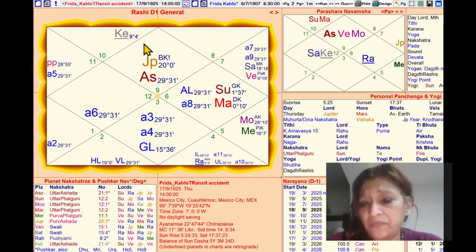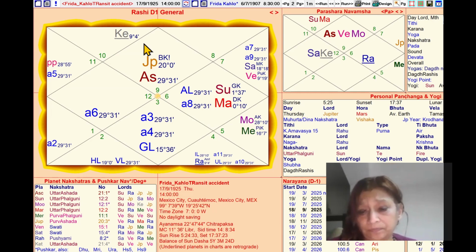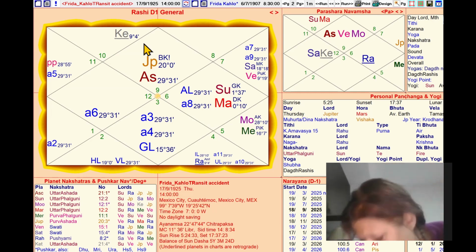But there was Venus there in her own sign, so that also saved her because Venus has got the power of the Mrutyunjaya. It also saved her and set her on a path of art. That is a phenomenal thing. I mean, without that suffering and that heartache and that tragic accident, we would not really have her art. You see?